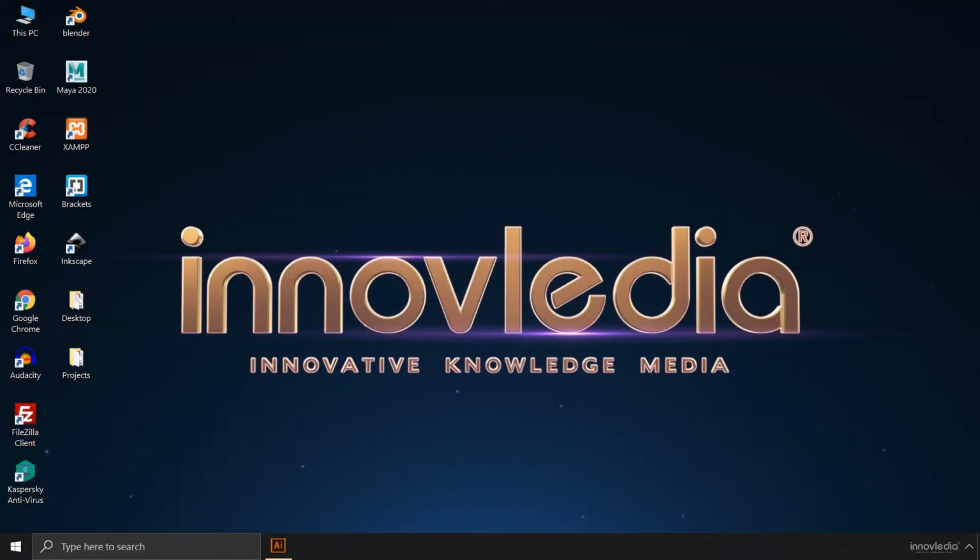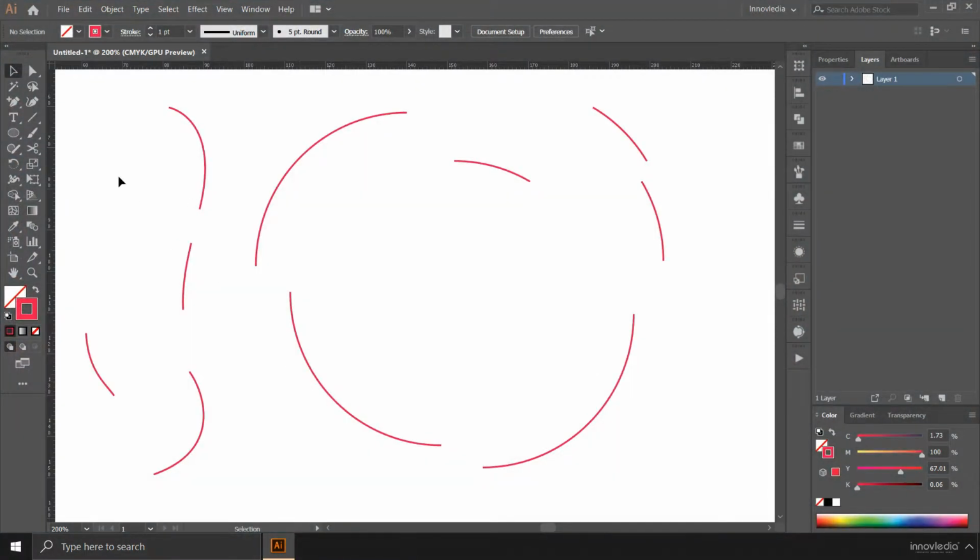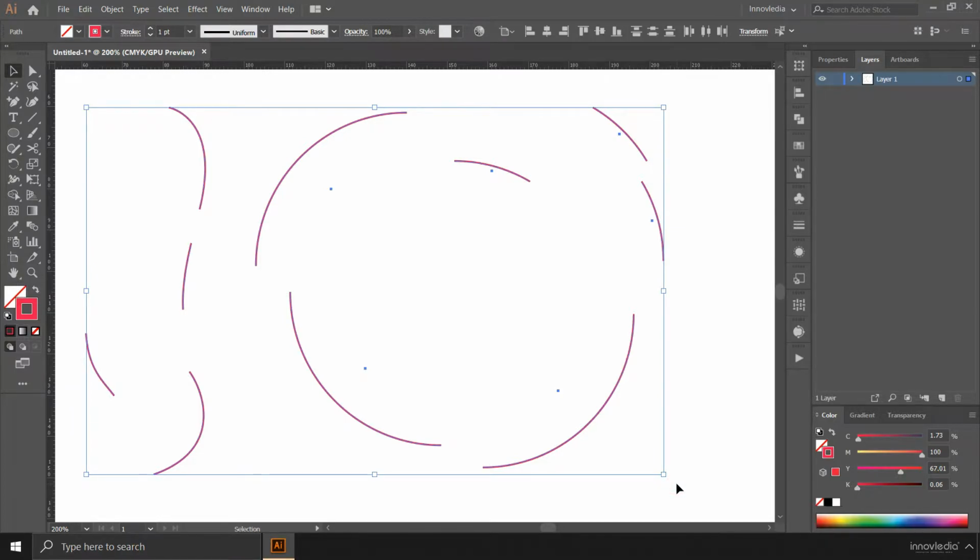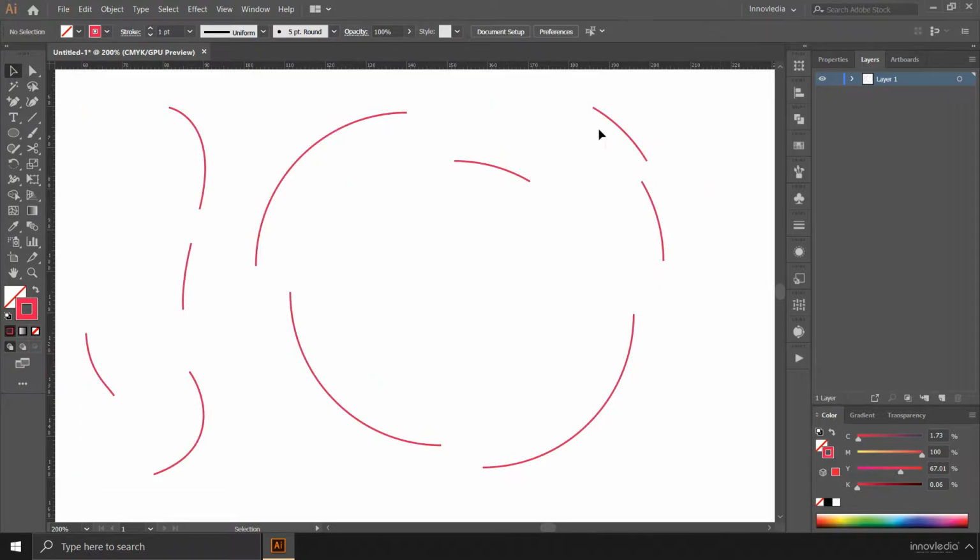Hello and welcome. In this video, I'm going to show you how to join paths or segments into one path in Adobe Illustrator Creative Cloud. Alright, so let us open Illustrator. So these are the segments or the split up paths that I would like to join together as one shape or one path. Alright, so first I have to align them together